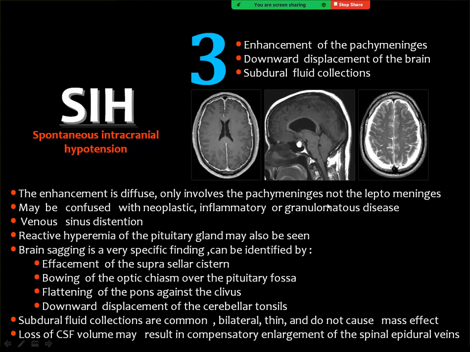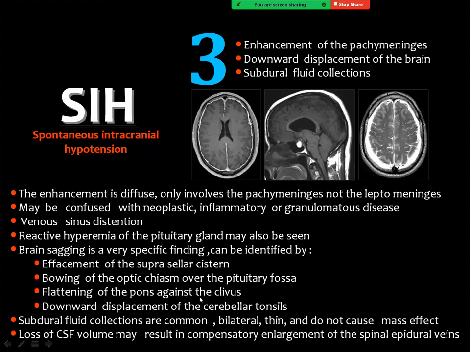The enhancement of the pachymeninges may be diagnosed as meningitis sometimes, or may be confused with lymphoma, for example, or granulomatous disease. Distension of the venous sinuses and reactive hyperemia of the pituitary gland. The brain sagging is a specific finding and is identified by effacement of the suprasellar cistern. The suprasellar cistern is almost obliterated, bowing of the optic chiasm over the pituitary fossa seen in the coronal images,